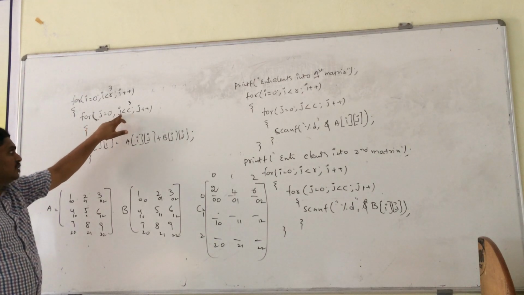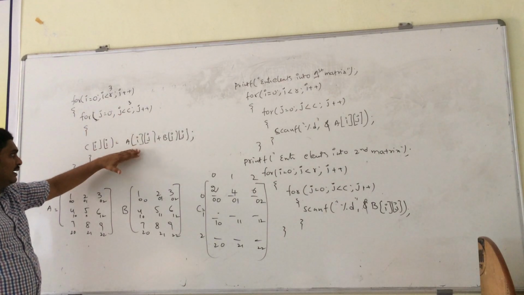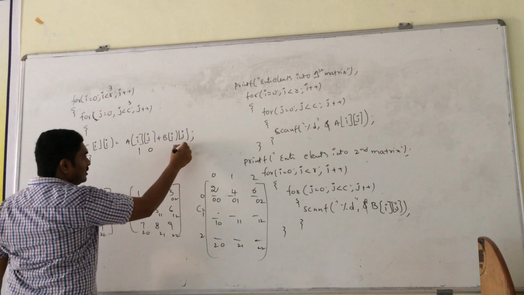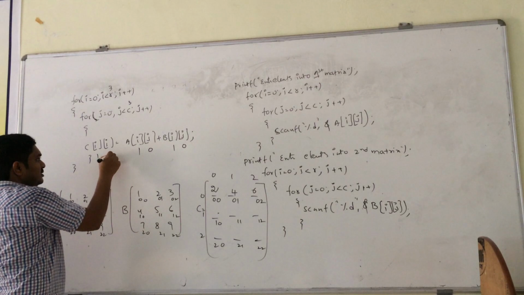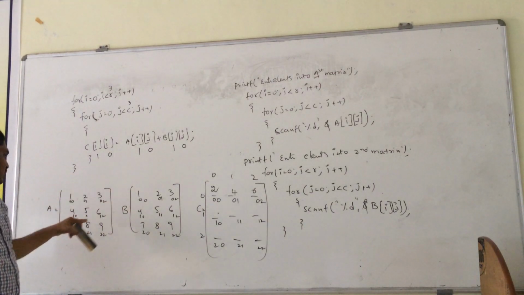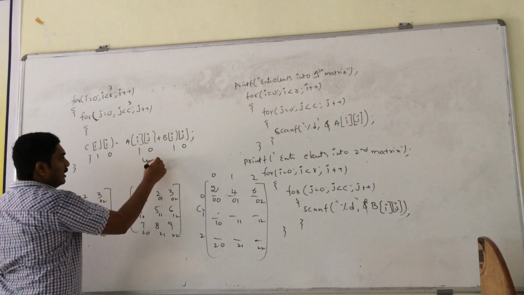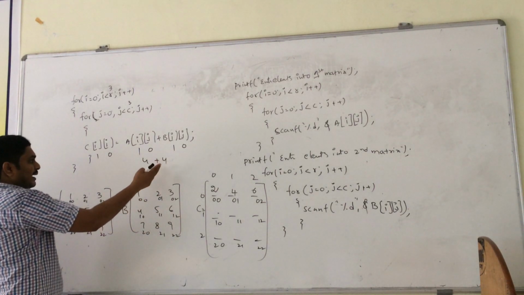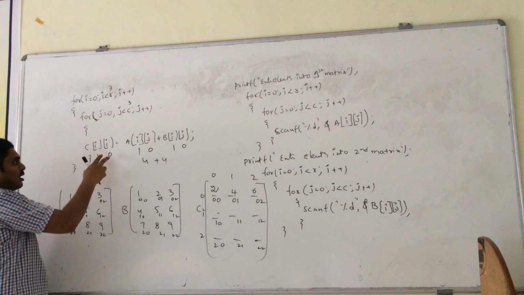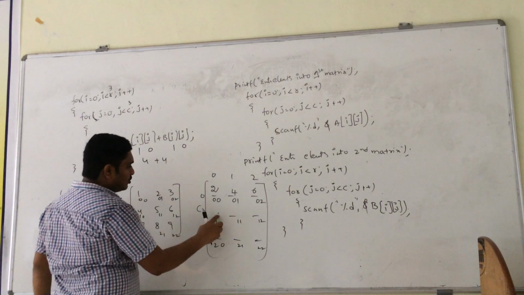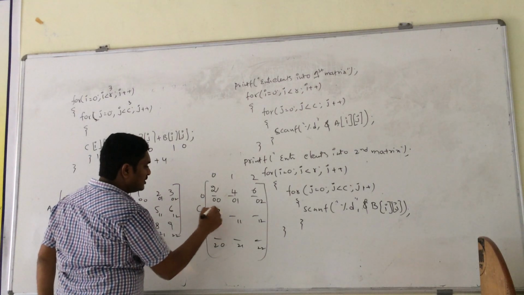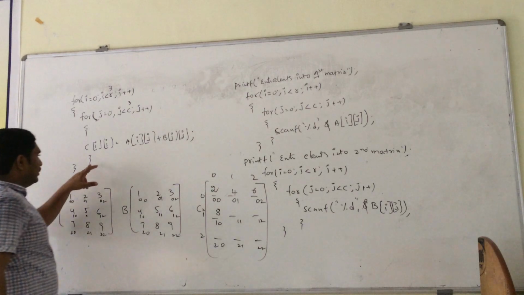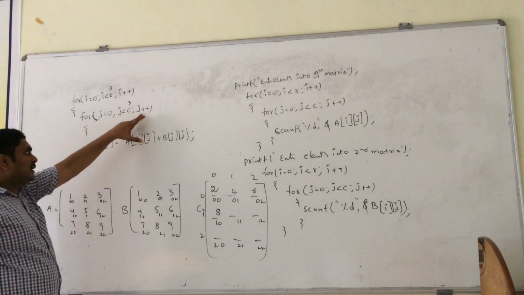j value 0, 0 less than 3, condition true. It enters into the loop. Here i value 1, j value 0. So A of 1,0 element is 4 and B of 1,0 element is 4. These two are added and stored in C of 1,0. So C of 1,0 position is here, and 4 plus 4 is 8, which is stored in that place. And it is the end of the loop and j will be incremented.